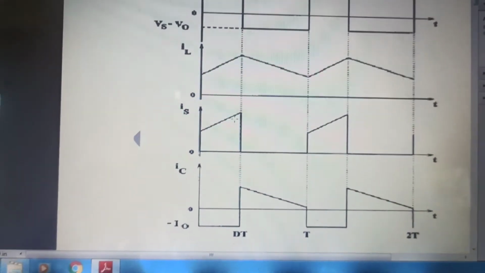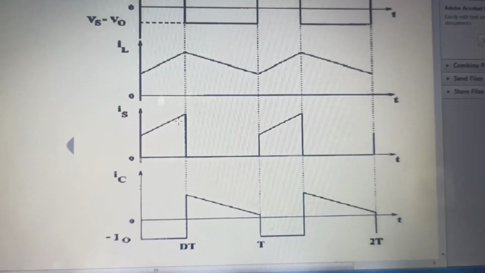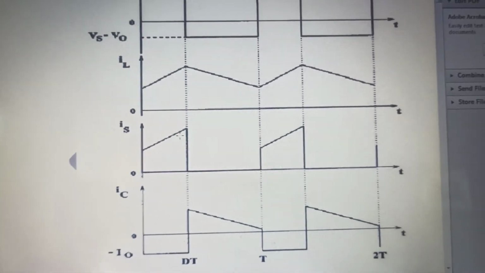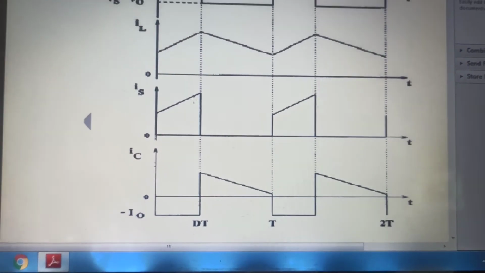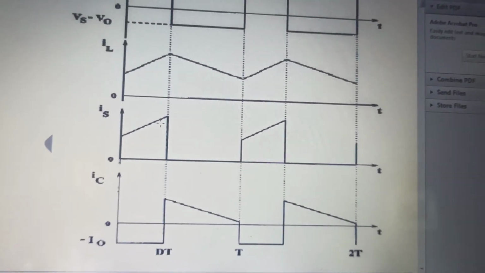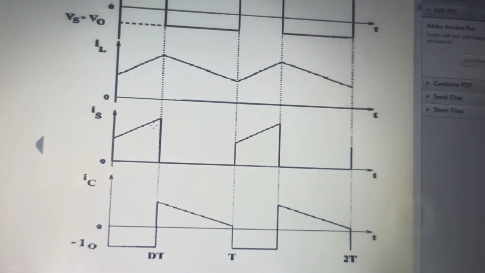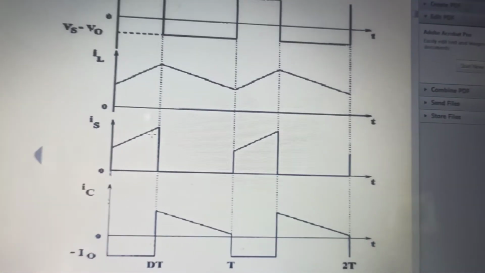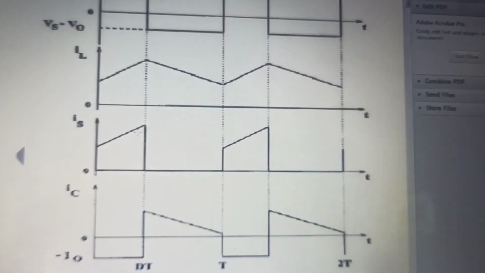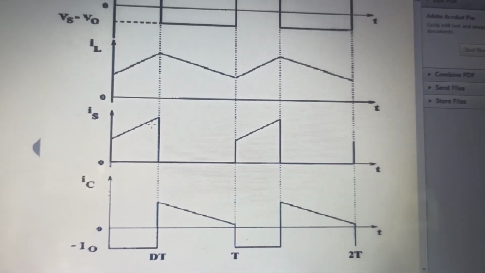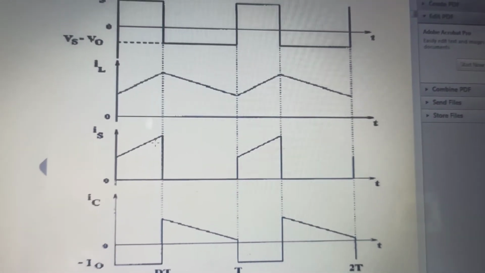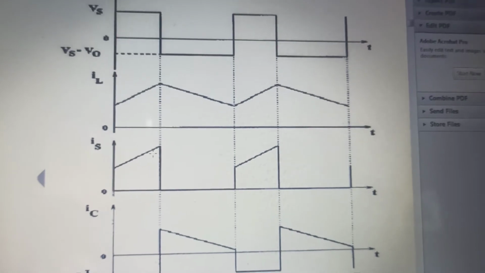Now coming back to the conduction modes, which is very important, that is whether the given converter is operating in the continuous conduction mode or the discontinuous conduction mode, that is in the DCM or in the CCM. This is very important, and the analysis needs to be done. We have to judge whether the converter is operating in the DCM or in the CCM. It is very, very important. This can be done very easily. We just have to look at the inductor current IL.